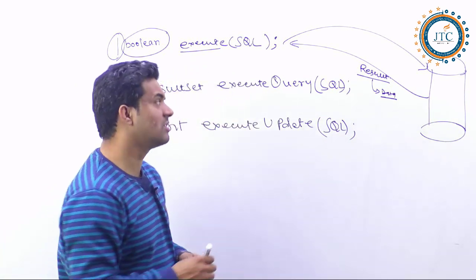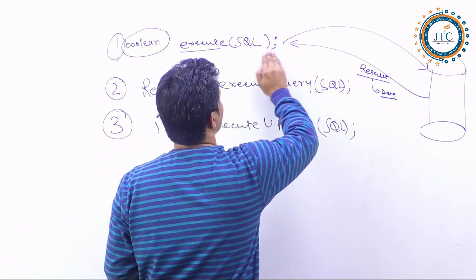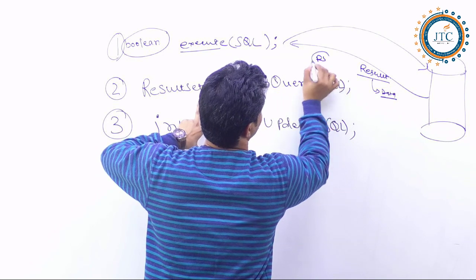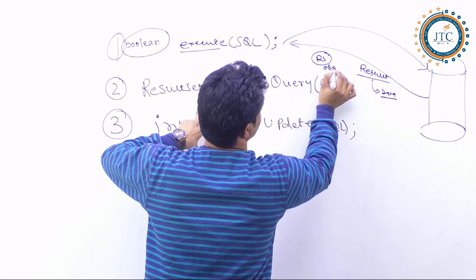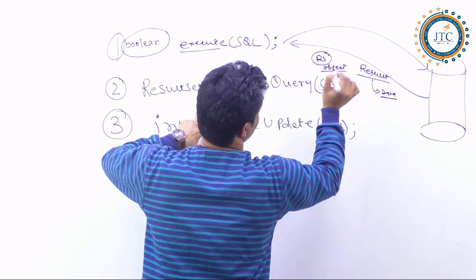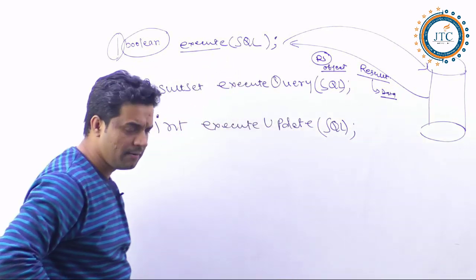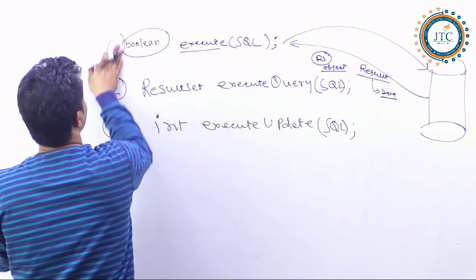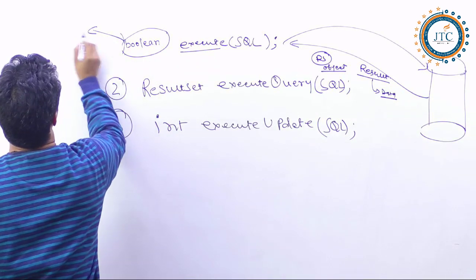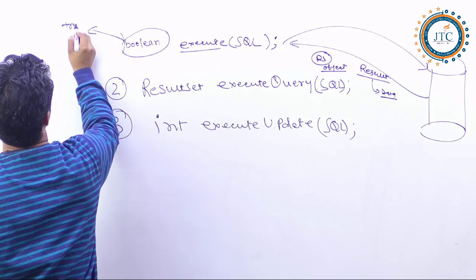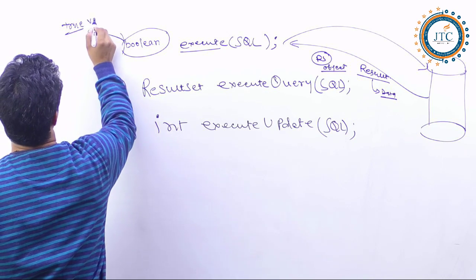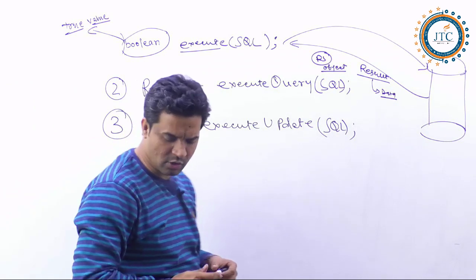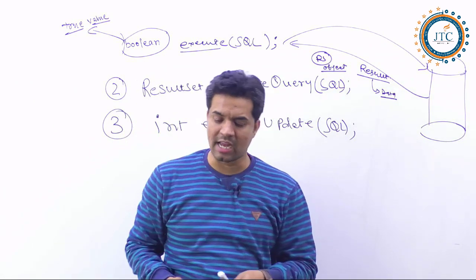So if it comes in the form of data, then internally it is giving the result set (RS) type of object. If it is giving the result set object, then this is going to give the true value. Is it okay? But at the same time now,